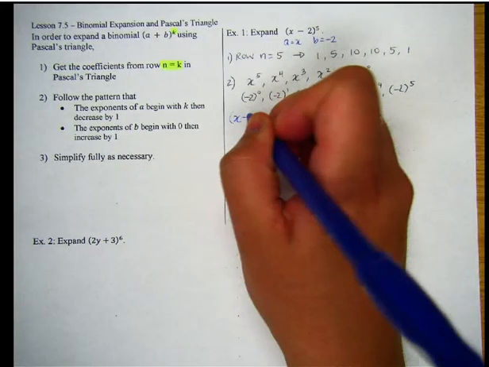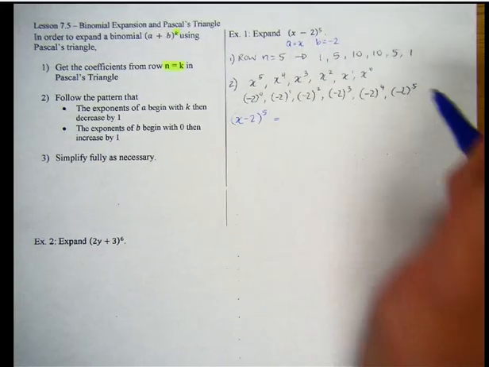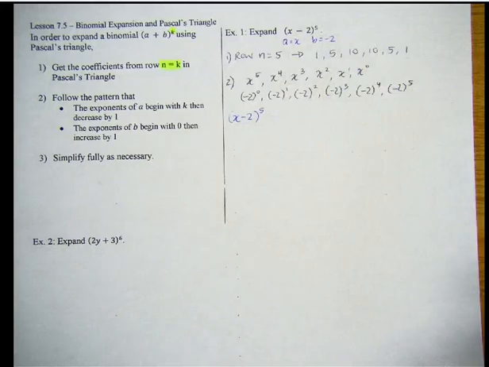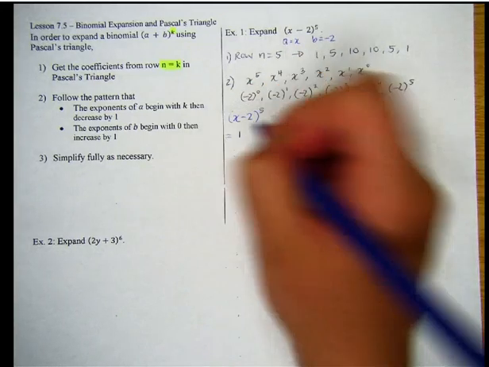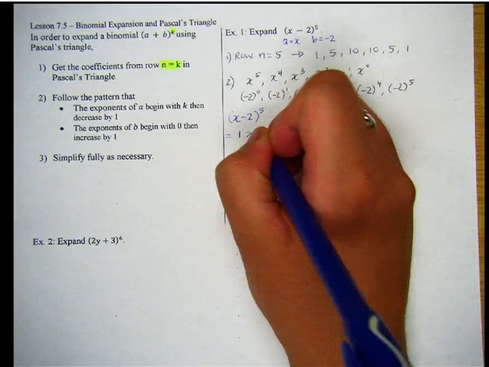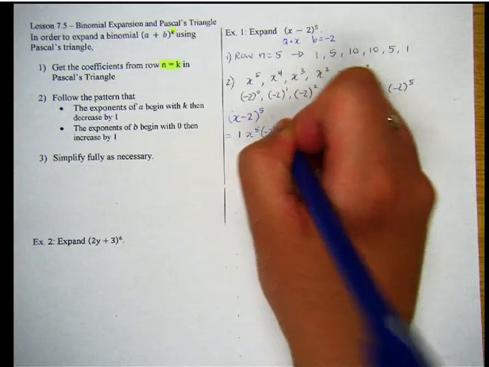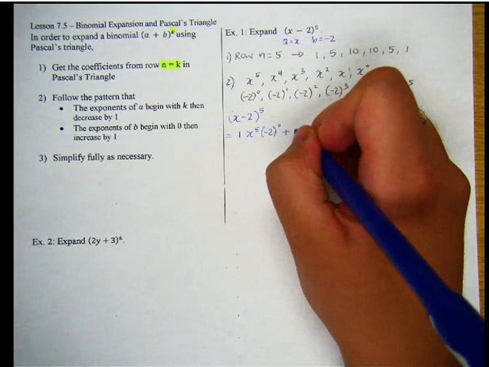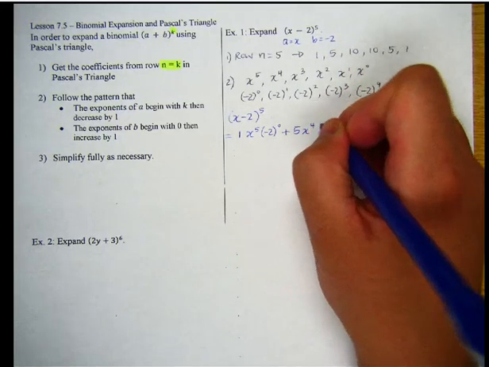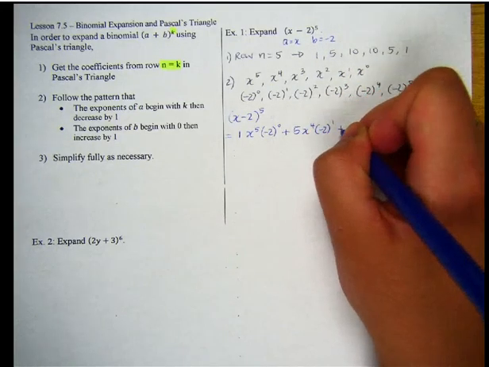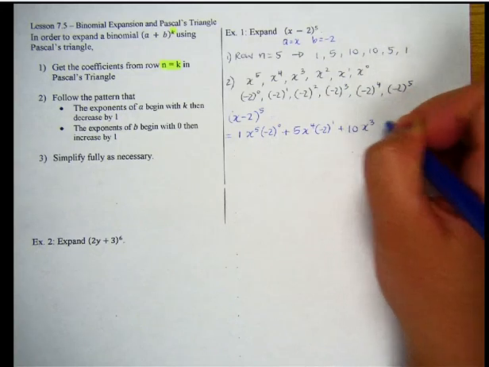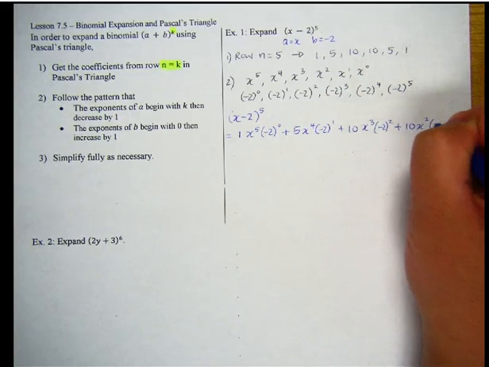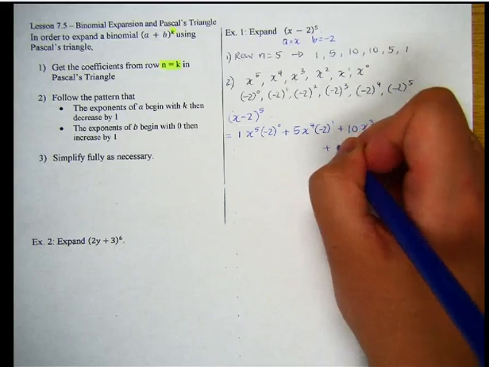So x minus 2 to the exponent 5, this is going to be, actually, let me write it on the next row. My first coefficient is 1, x^5, (-2)^0. You don't have to write that down if you don't want to, but I'm just going to put in everything. Plus 5, x^4, (-2)^1, plus 10x^3, (-2)^2, plus 10x^2, (-2)^3, plus